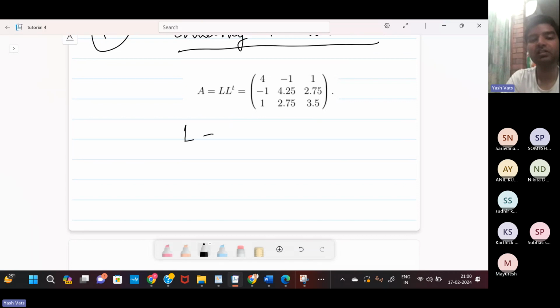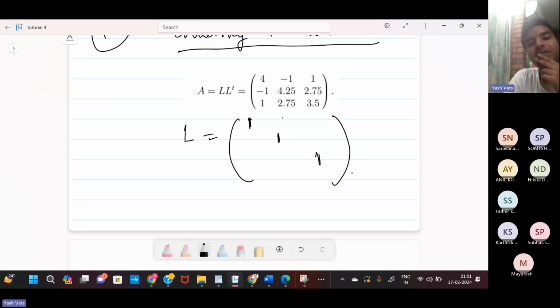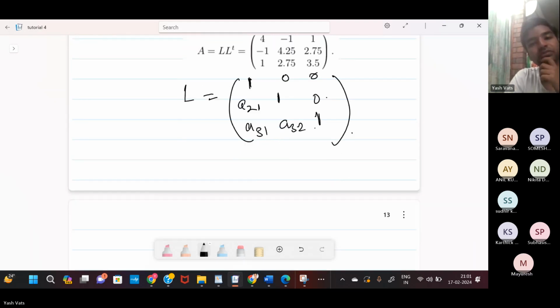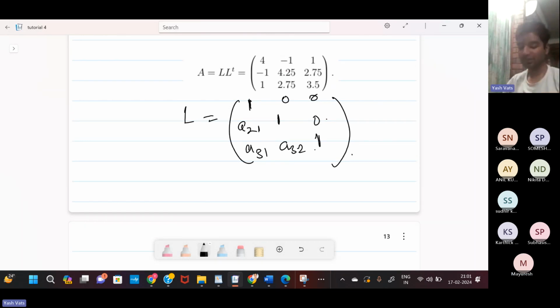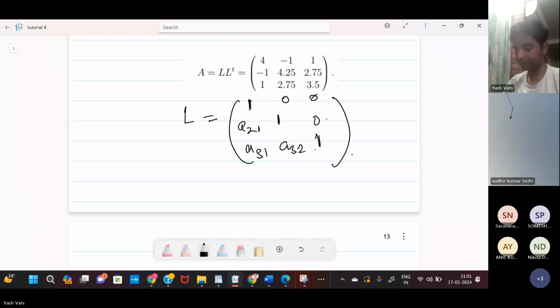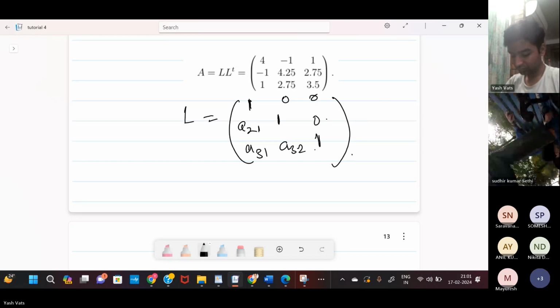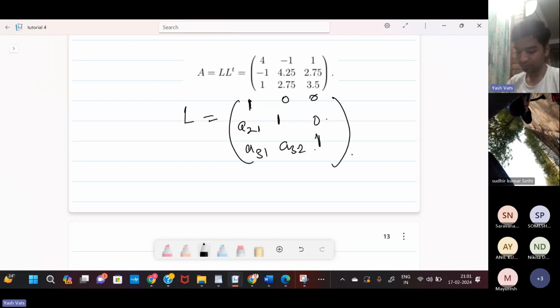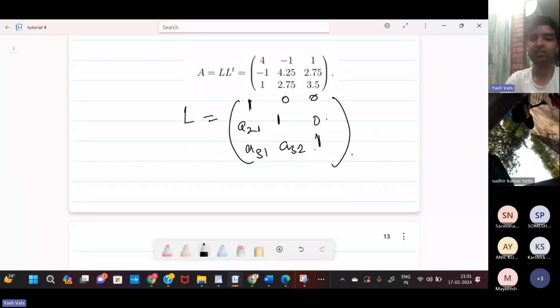What is L here? L is a lower triangular matrix. So here we assume something like this. Here in general, you need to understand